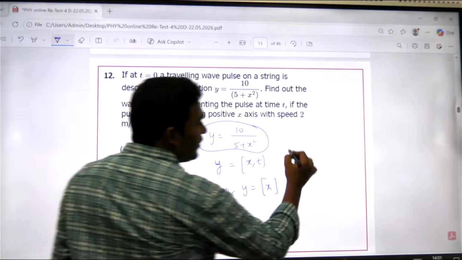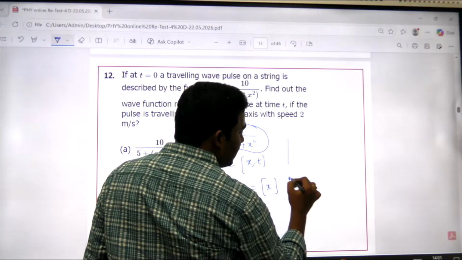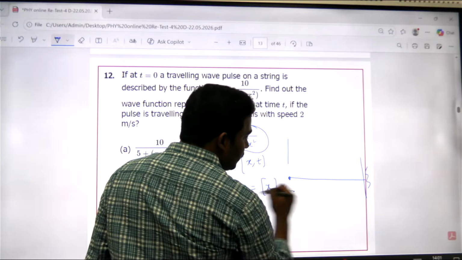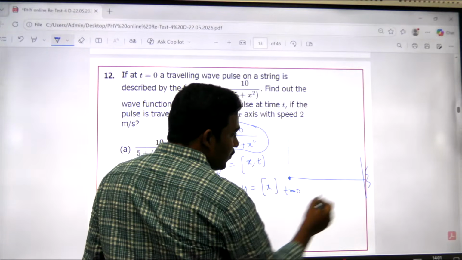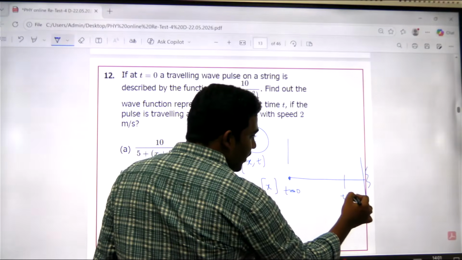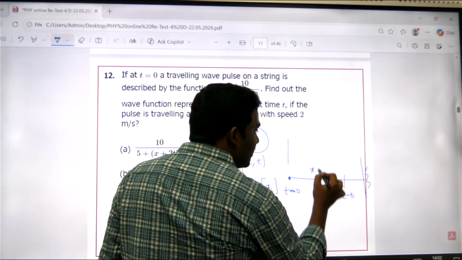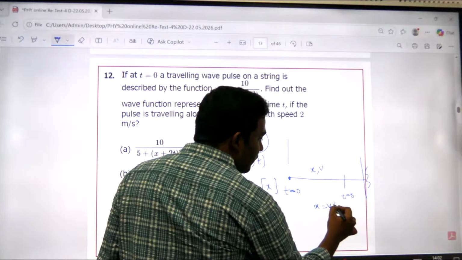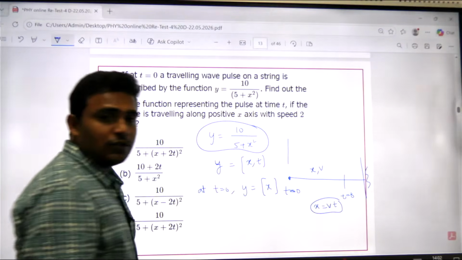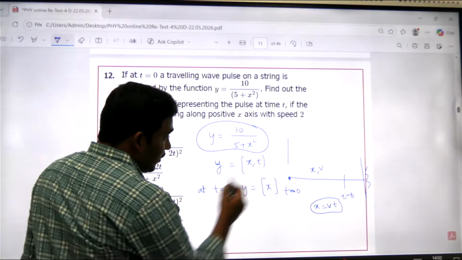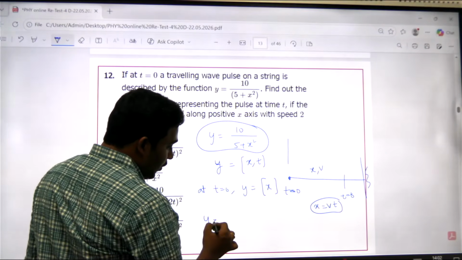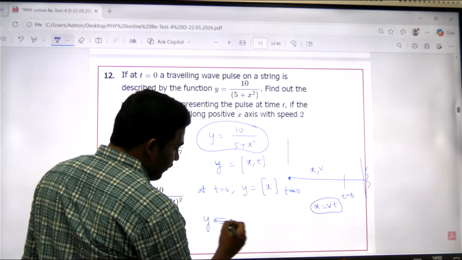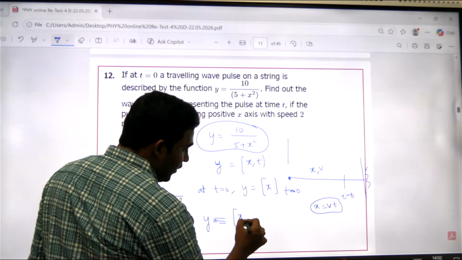Now consider your wave traveling from one point to another. This is at t equal to 0, and at some time t, it travels some distance x with velocity v. So can I simply write x equals velocity into time? x equals v into t. Now, if you want to write the equation of the wave in terms of x comma t,